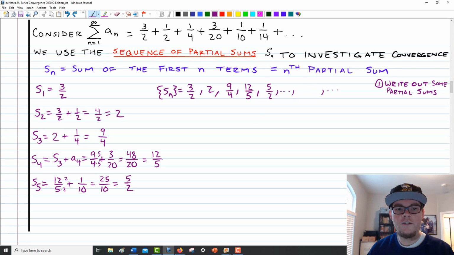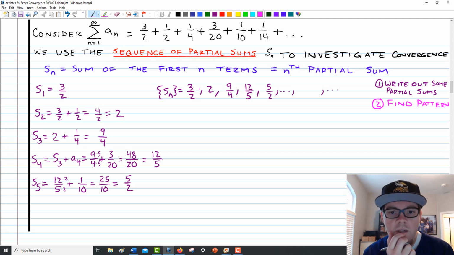So our second step would be described as we need to find the pattern. We need to determine the sequence that describes those partial sums so that we can see what happens as those terms of the sequence of partial sums go further and further along as we add more and more terms to the series. I will admit that this one's pretty tough. But something that caught my eye, and this might not immediately have jumped out at you because of how we were doing this, was that as I was looking at these expressions, the